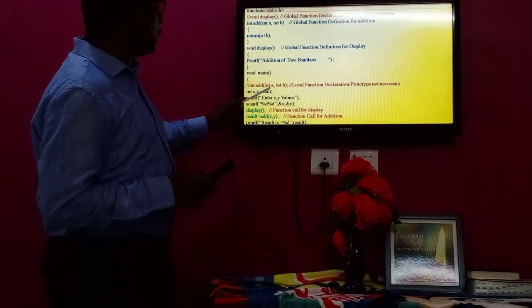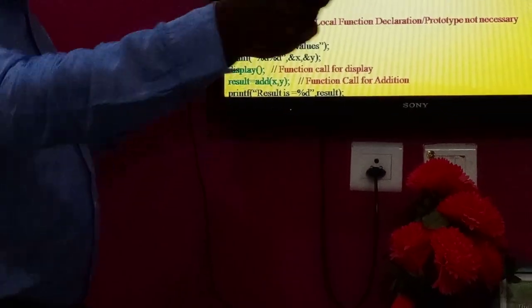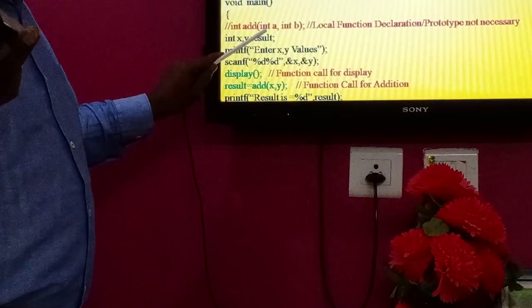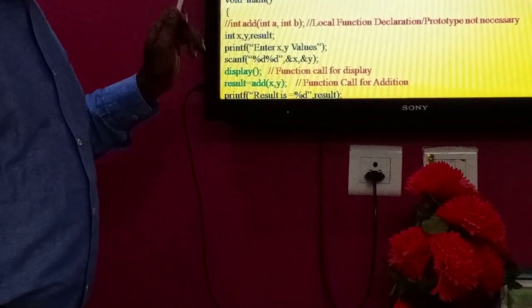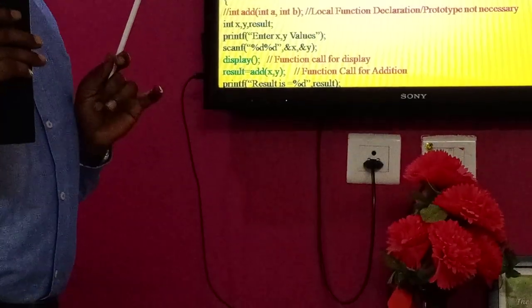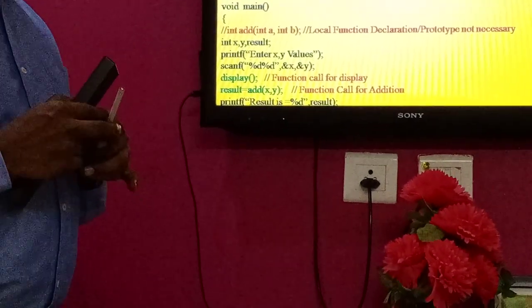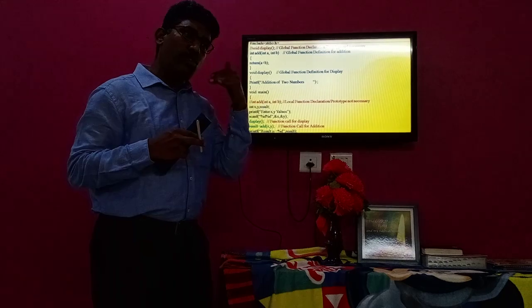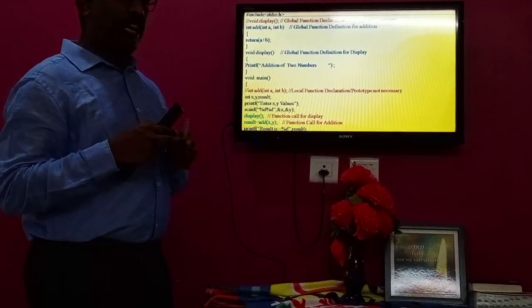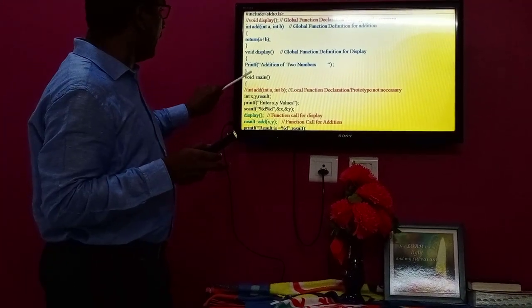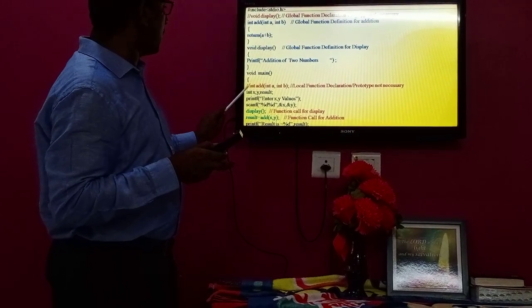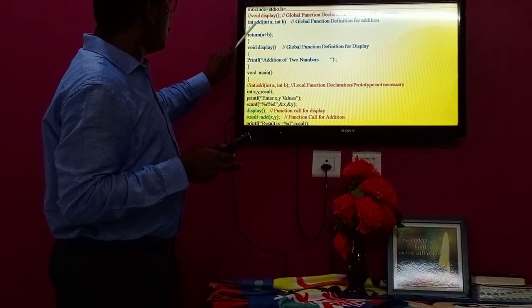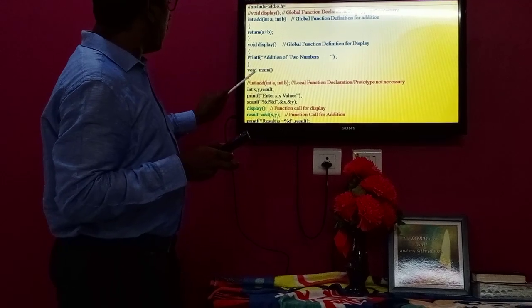Why is this statement ignored? Because while discussing the declaration part, definition part, and function call, I mentioned that I can define functions before main or after main. If I define functions before main, there is no need for the declaration part. So this declaration part is ignored because these two functions are defined before main.